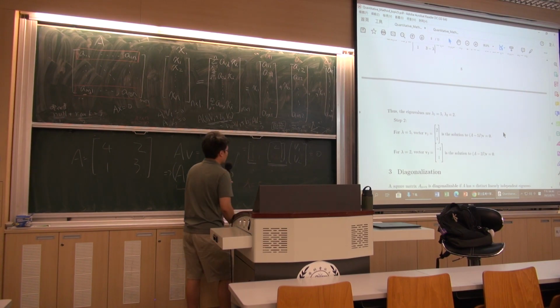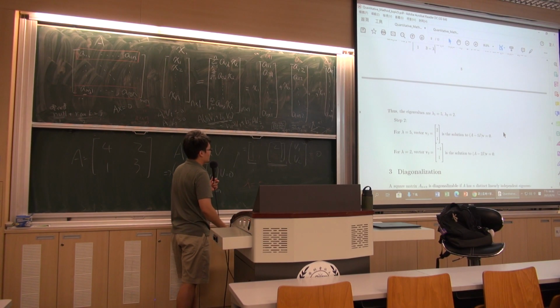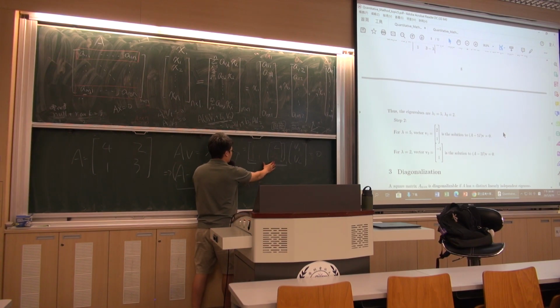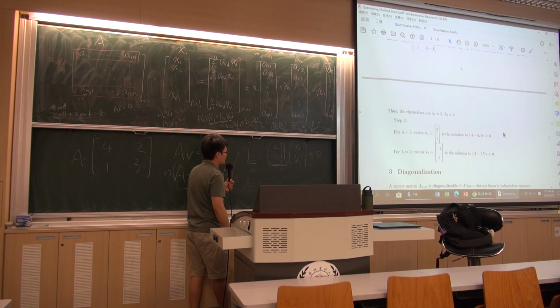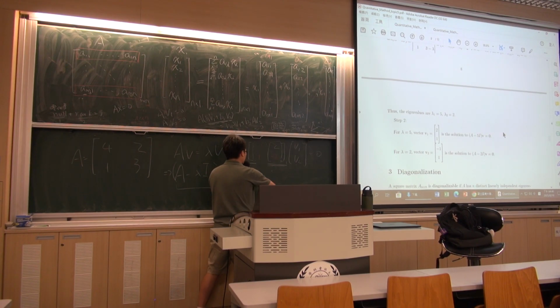Okay, and these two column vectors are linearly dependent, right? Because if you put 2 here and put 1 here, then what will I get? I will get plus 1. That will be exactly 0. Okay, so this is one